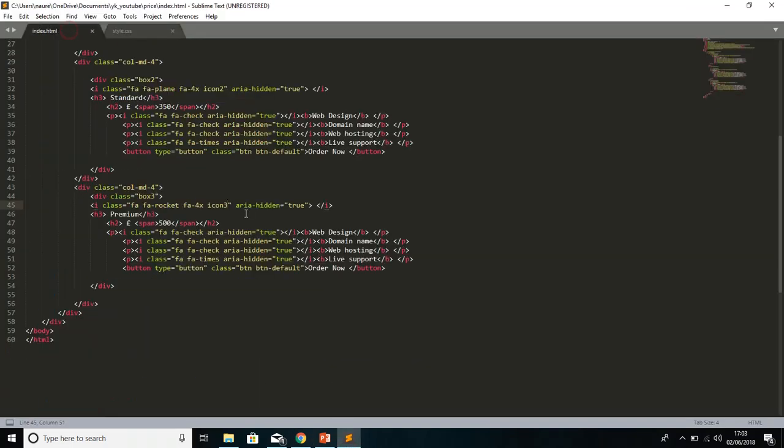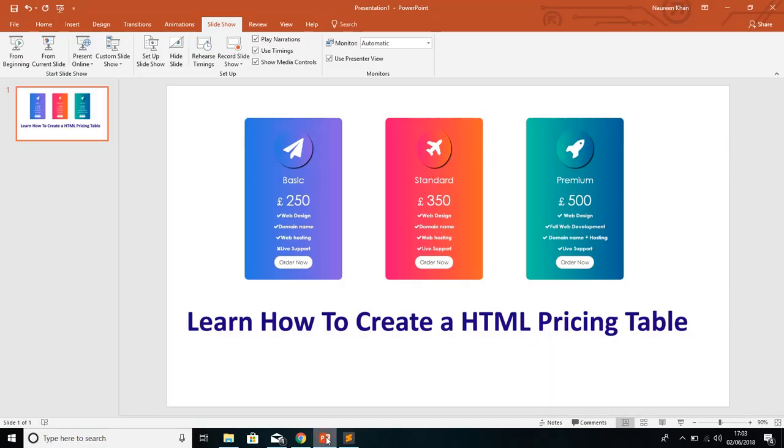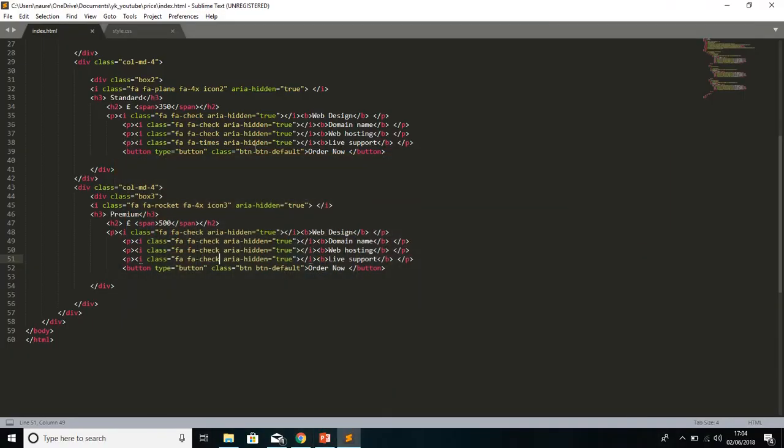Now I'm going to change some values because the premium package is 500, so live support should be available for that. Instead of times it should be check. And it's not about web domain, let me see the packages. It's about web design, full web development, domain name, support, yes. So there is a little bit of a mistake, I'm just changing it to check because the first package is not offering live support, the second package, which is the standard package, is supporting live support, and the third one